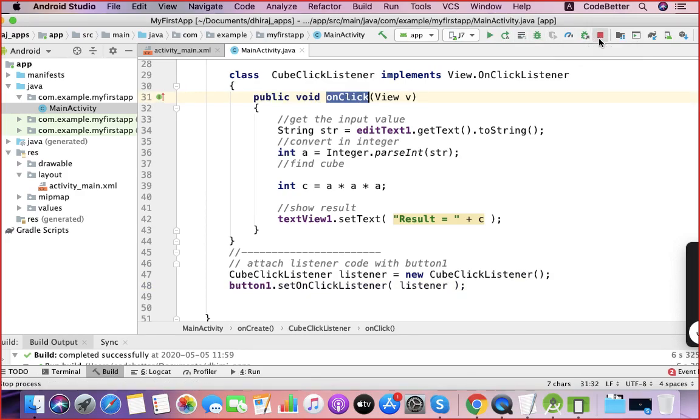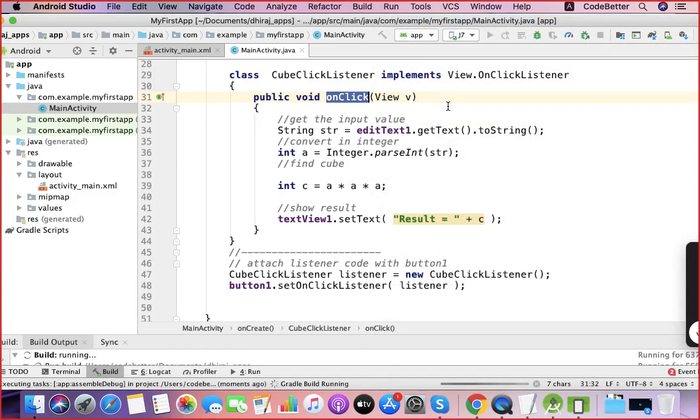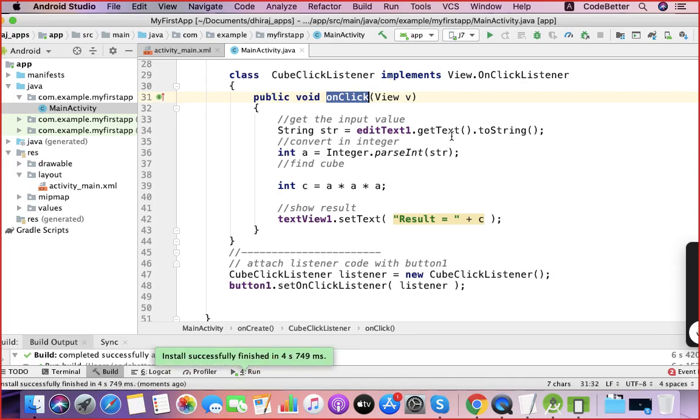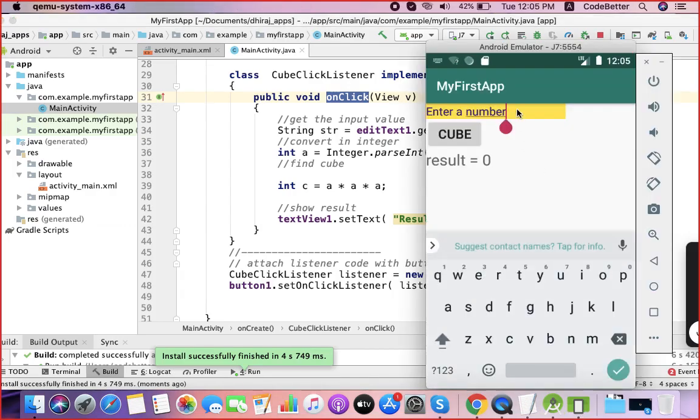That's okay. Now you run it again. And let me check. Let me again type some number here.